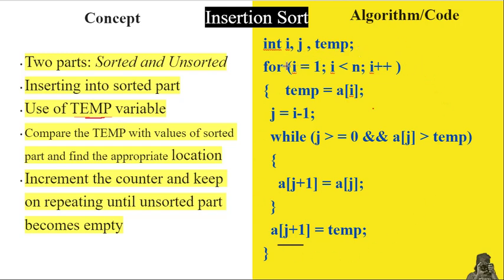In this code we will require two loops, one for loop and another a while loop. This code is for a C++ program but it will look different if you choose a different programming language. Here we have taken three variables: two counters, one for each of the loops, and one temporary variable as per the requirement of insertion sort. This temp variable will hold the current item's value until we find the appropriate location, so that we can insert the value from the temp variable, and then it will be released. This code will be understood when we look at the example.